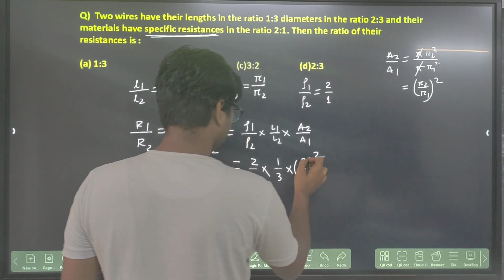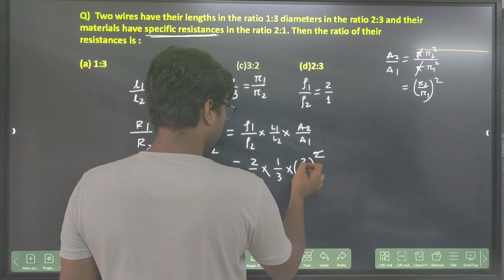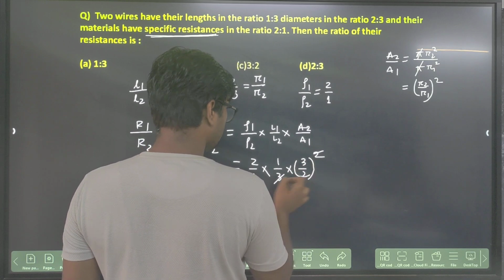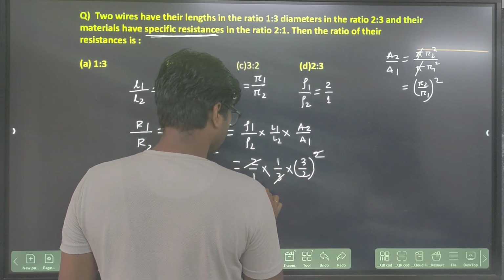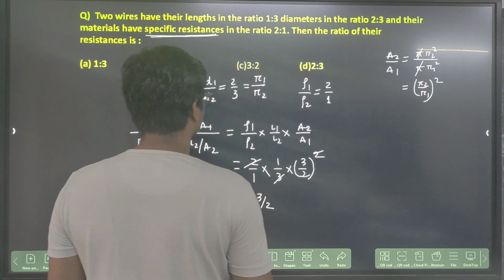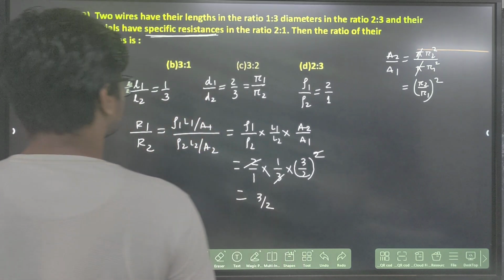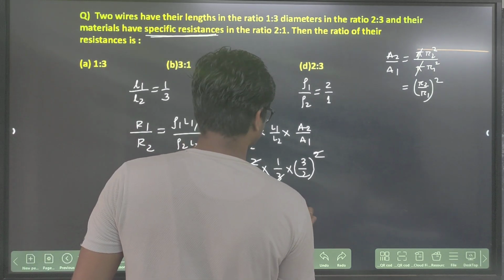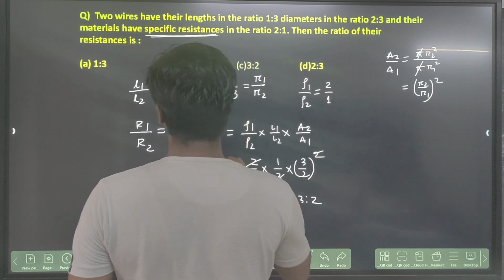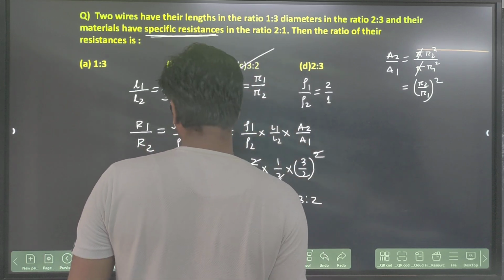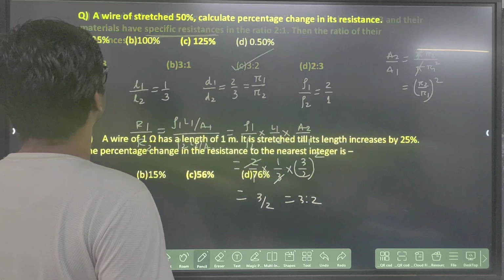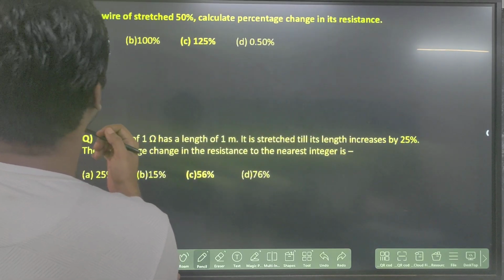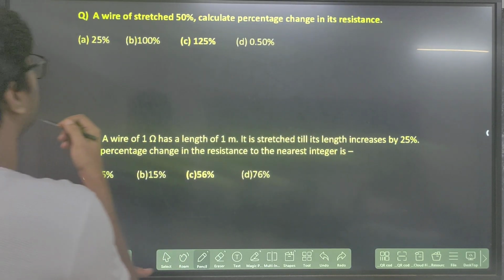So you see here, the 1 and 3 get cancelled with this one, the 1 and 2 get cancelled with this one. So it is coming 3 by 2 simply, right? So 3 by 2, or you can say that this is 3:2. So if you see here, option number C will be your correct option. Clear? Now next question, a wire is stretched